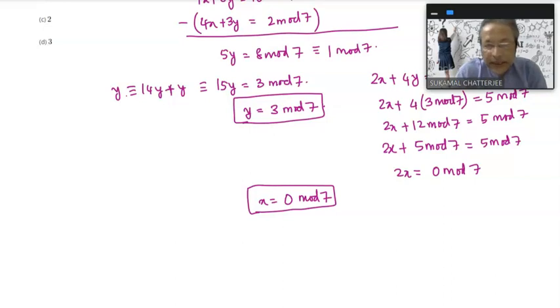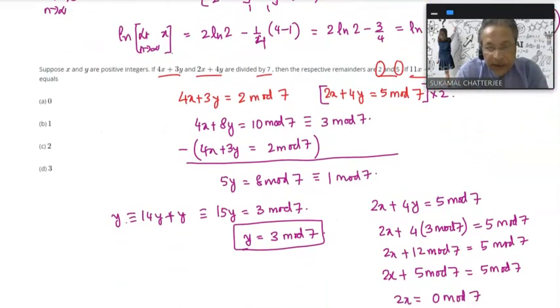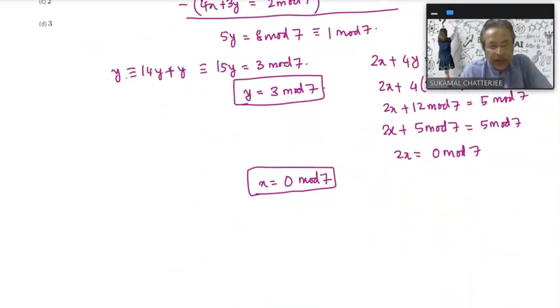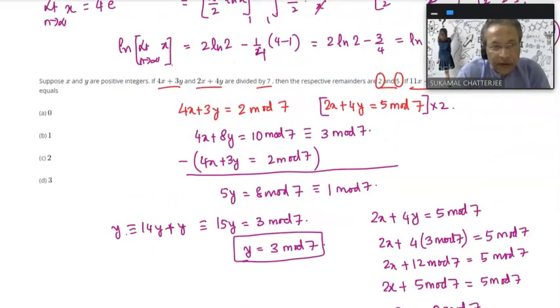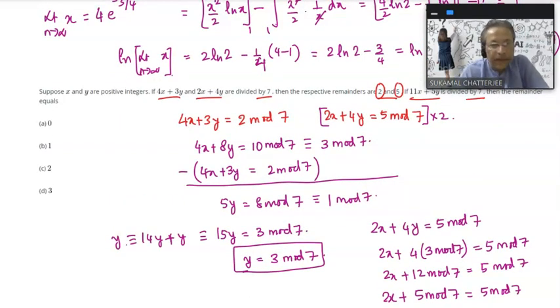So now we got x and y, and now we can find the value of 11x plus 5y. So 11x plus 5y is 0 mod 7 plus 5 times 3, which is 15 mod 7, which is 1 mod 7. So which means that when 11x plus 5y is divided by 7, the remainder is 1. So the answer for this would be 1, which is option